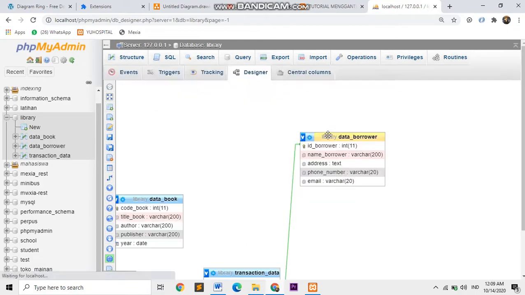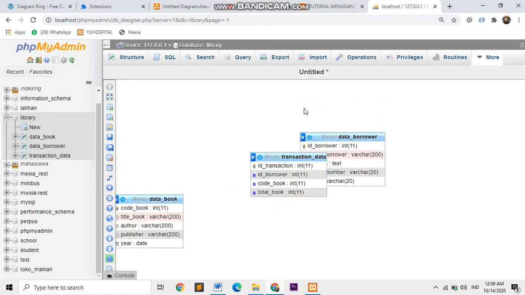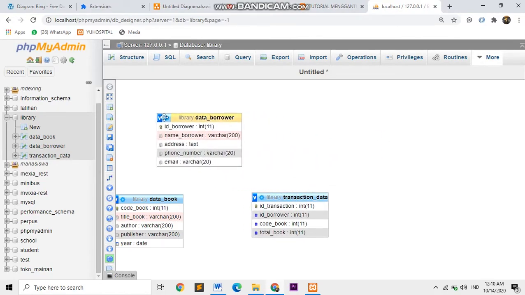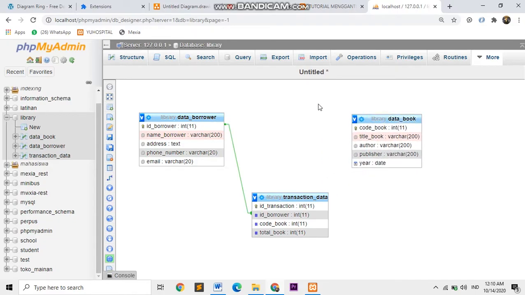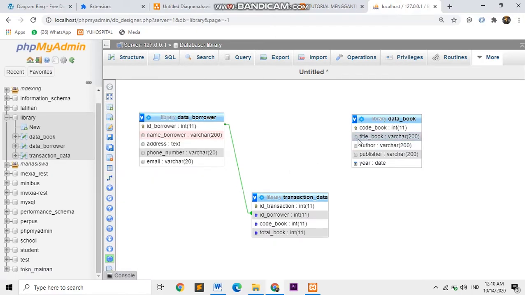Okay, data borrower, data book, relationship. Okay, and then create a relationship between data book and transaction data.